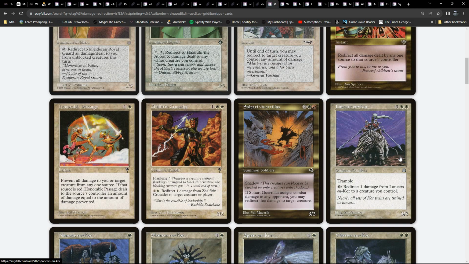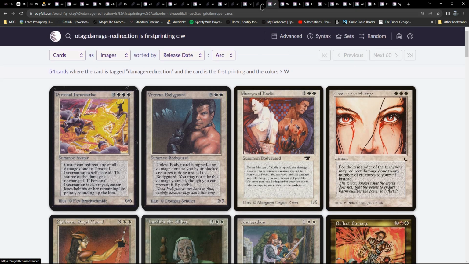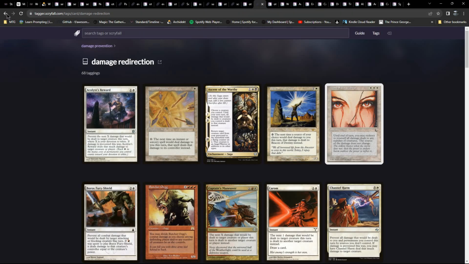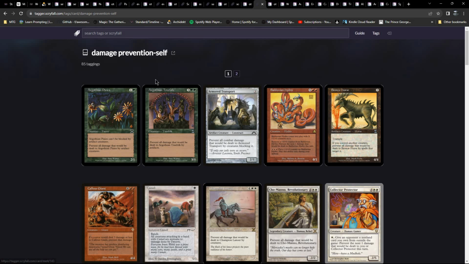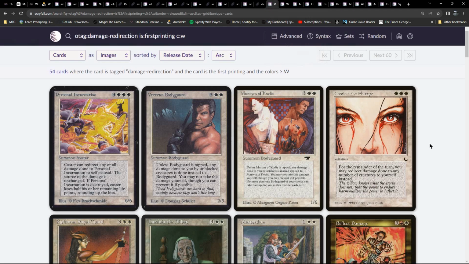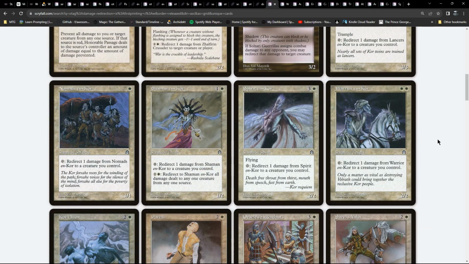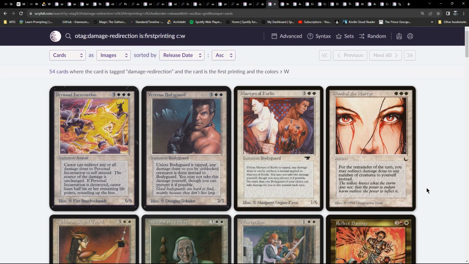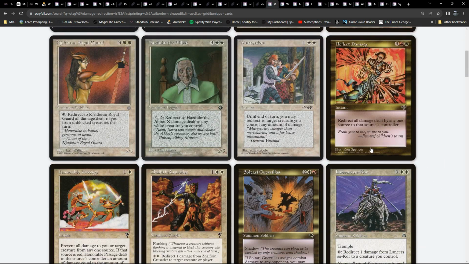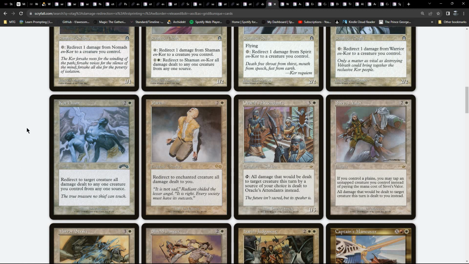And you'll probably see, when we were doing redirection to self, if we go back to damage prevention self and go through these again, you'll probably notice some cards where you get some interesting combos. Damage redirection. You can see there were quite a number of those. So this whole damage redirection, we've got earlier cards in Magic, and then you look through here: 1, 2, 3, 4, 5. Yeah, 5